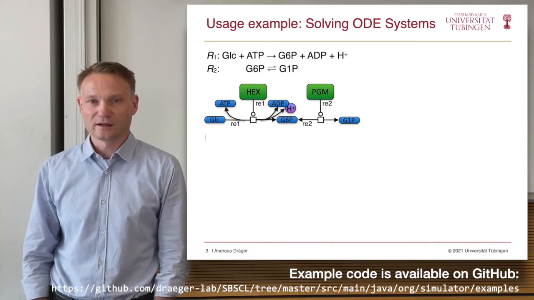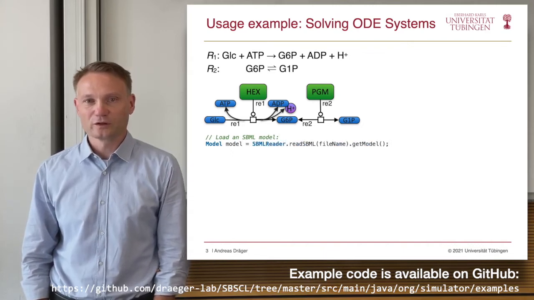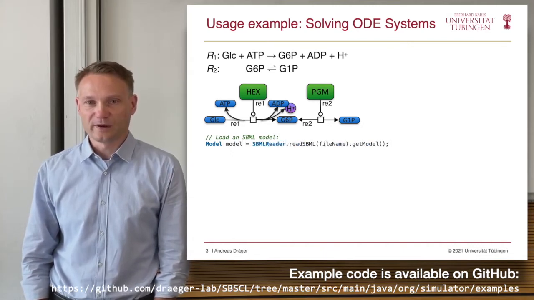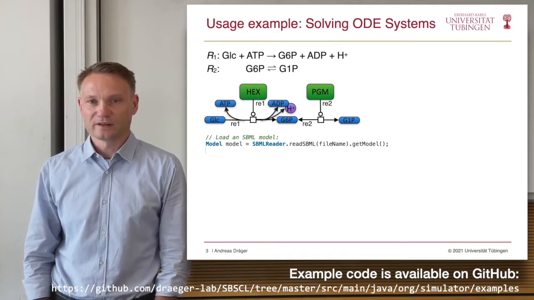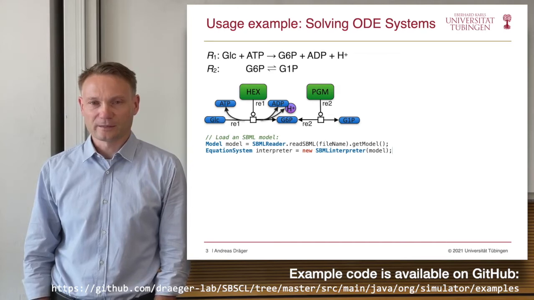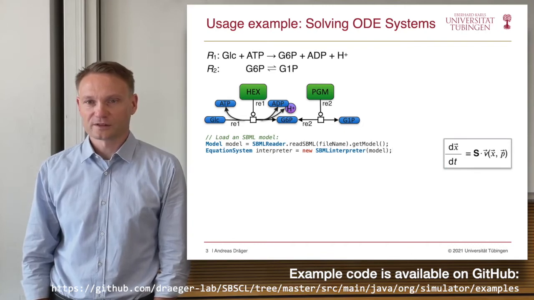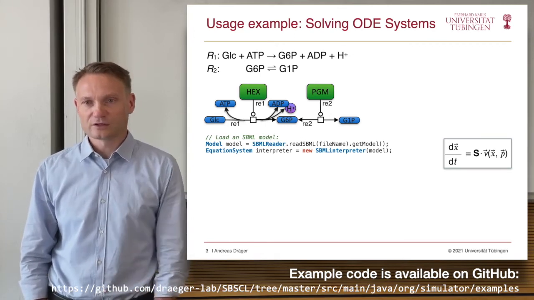So first of all, you would have to load the SBML model here with the SBML reader, for instance, that comes from JSBML, and then you would initialize an interpreter for this system, in this case the SBML interpreter here, and that internally constructs a differential equation system with a stoichiometric matrix and the flux vector that you don't have